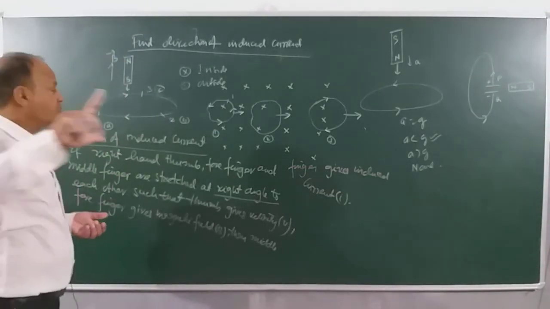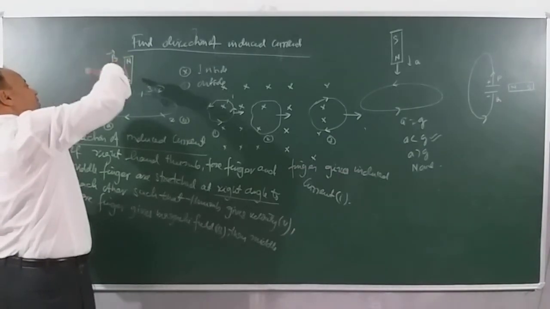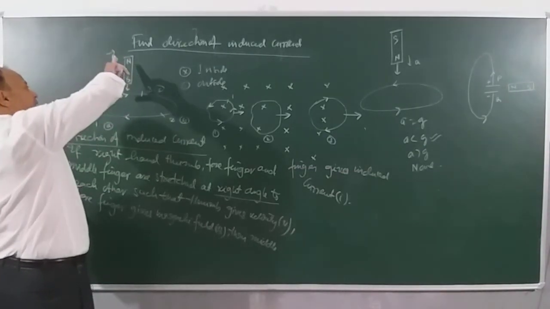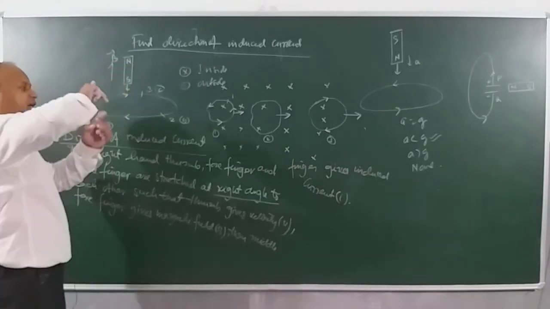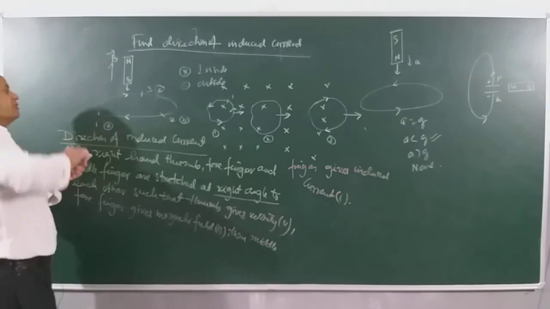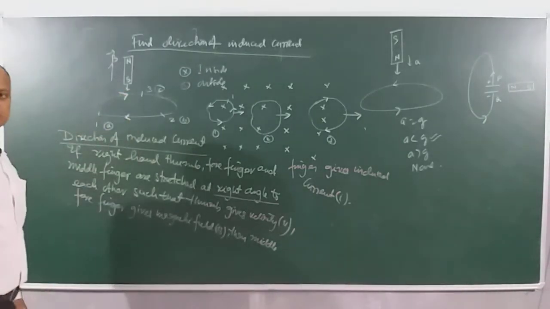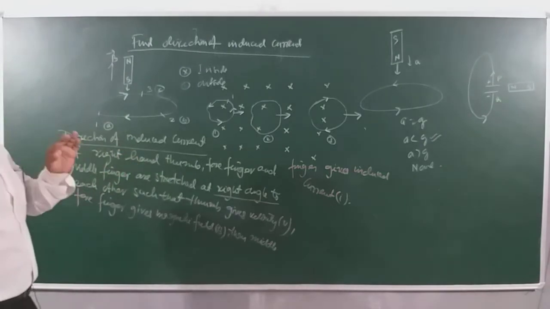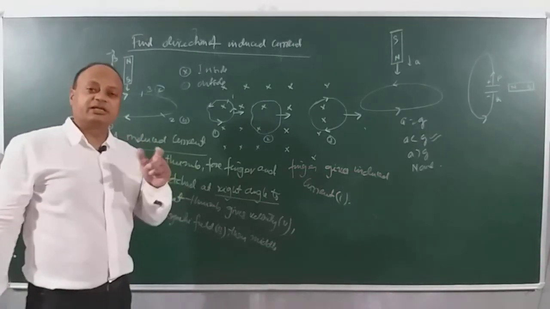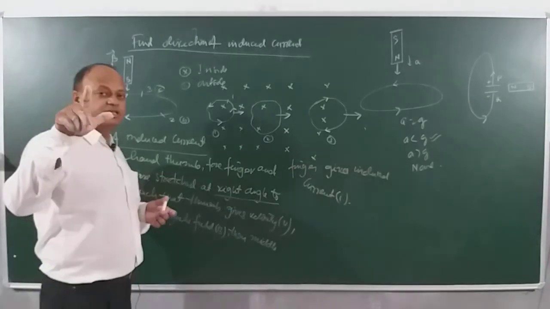So if I use the right hand rule, the velocity is down, right here, and the magnetic field is what? Up. So you can see the current is coming like this. So the current will become what? Anticlockwise now. The current here is anticlockwise. The flux is increasing. Remember, we will be using this law for increasing flux. For decreasing flux, we will reverse the direction of the current. We are using it for increasing flux.